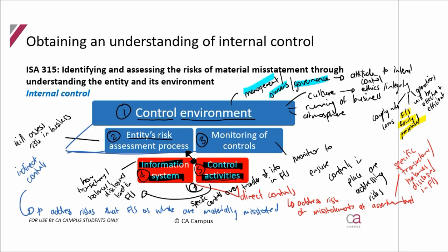Alright, so let's jump into the information system. I want to explain and visually give you an idea of how information travels through the system to land up in the financials, so that it starts to make a little bit more sense. And once we're done with that, we will then discuss the control activities that can be put in place to help that information travel through without material misstatements.